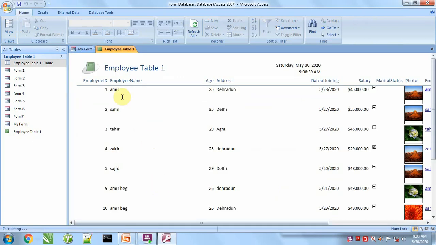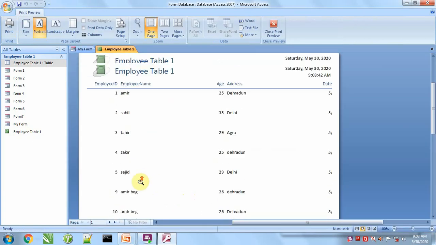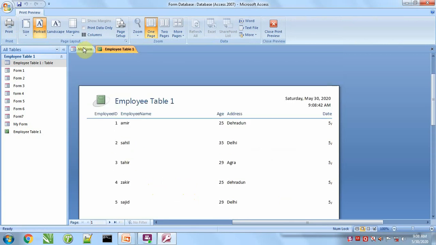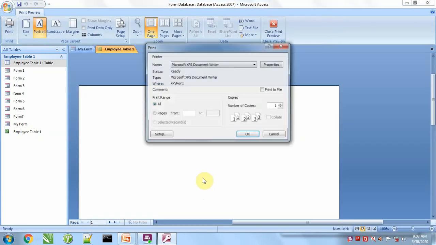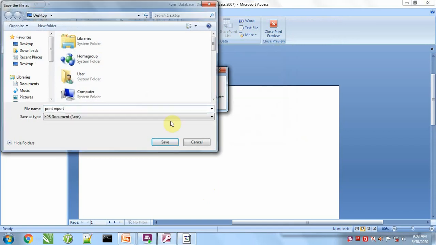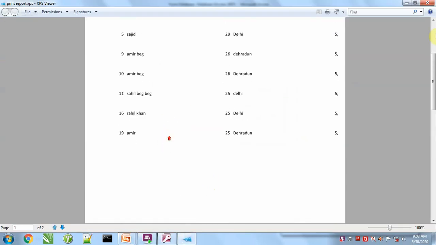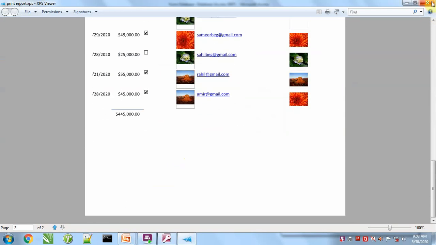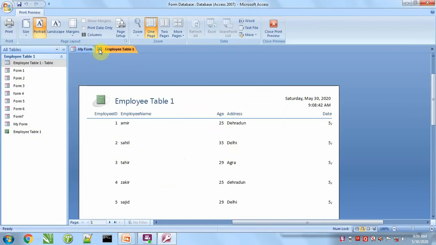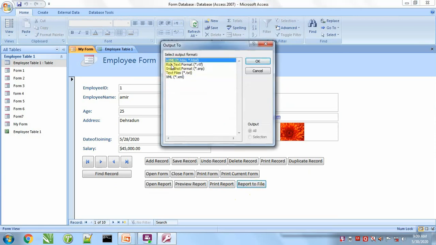Open report will open the report. Preview report will show the report in print preview format. Print report will print that report. The report is printed. Report to a file will convert the report to a file. We have to select the format in which we want to print. I'm taking rich text format.